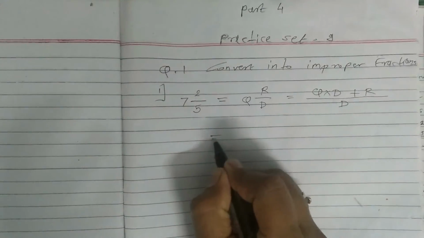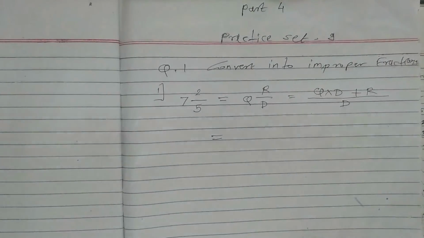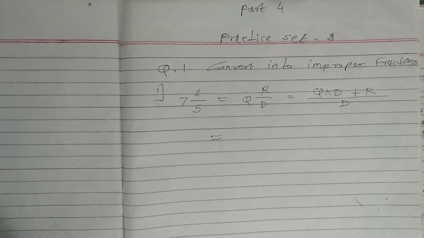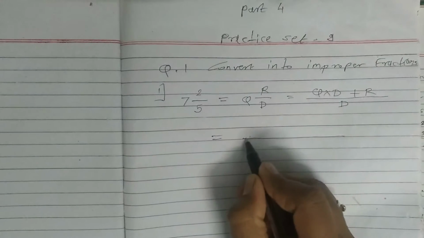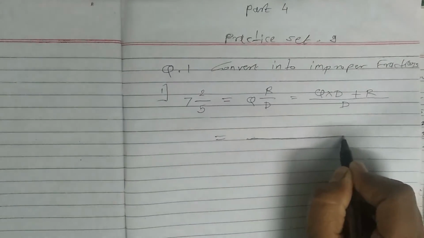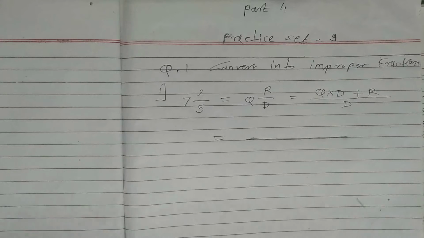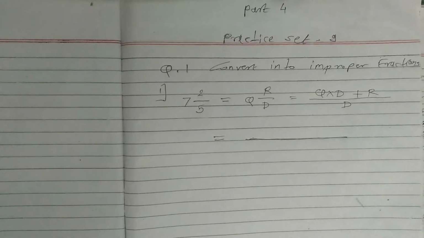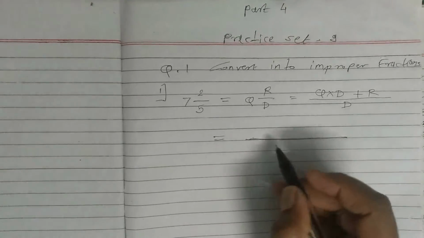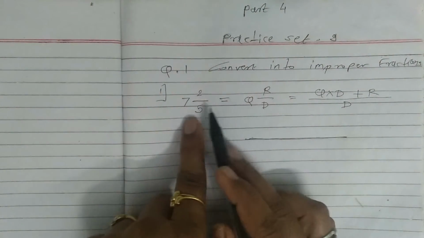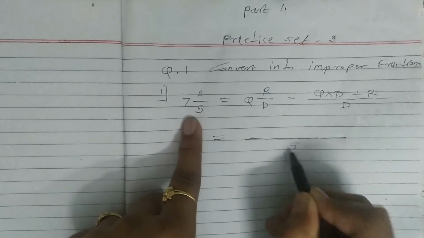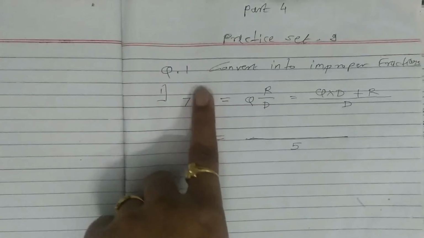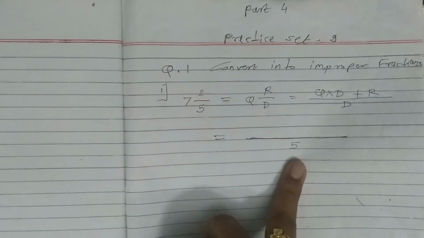So according to the conversion, we'll start to write. For the calculation part, mark a line. This line is important, students. Some students do not mark this line, as they feel the notebook already has lines, but this line indicates division, so mark it. Here D is, yes, 5. So keep writing this denominator first as it is, what is there in the fraction part, 5. So write 5 as it is.